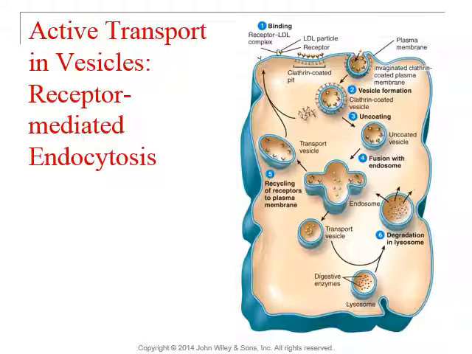That will later fuse with a lysosome, and very simply the lysosome will break down into smaller products for the cell to use for a different purpose. So again, this is known as receptor-mediated endocytosis, so it's drawing in this case lipoproteins into the cell to be broken down into smaller products. At the same time, you're going to be recycling both the clathrin coat as well as the receptors to be fused either back to the plasma membrane or simply broken down and recycled to another product that the cell can